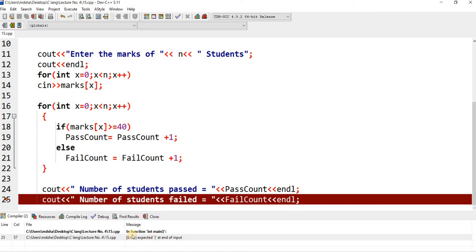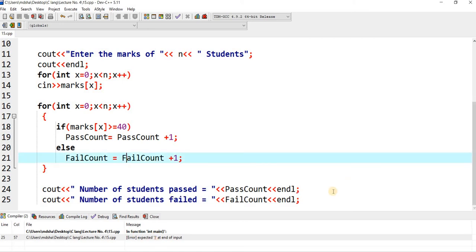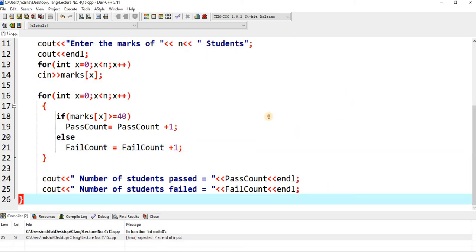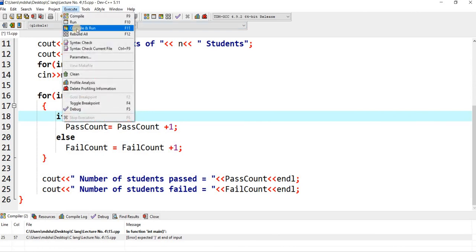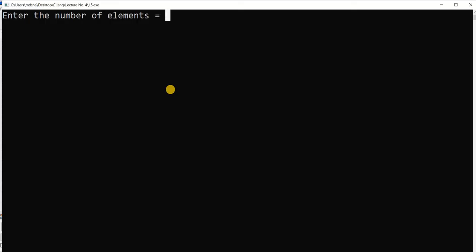Okay, a function expected braces. I missed this, the main bracket. Execute, compile and run it. Enter the number of elements. Suppose I want to get 8 elements. Okay, enter the marks of 8 students. Okay, 34, 65, 32, 98, 56, 14, 87,